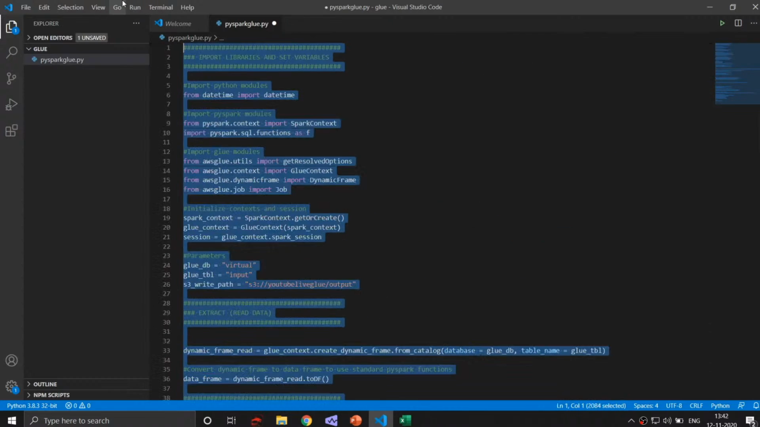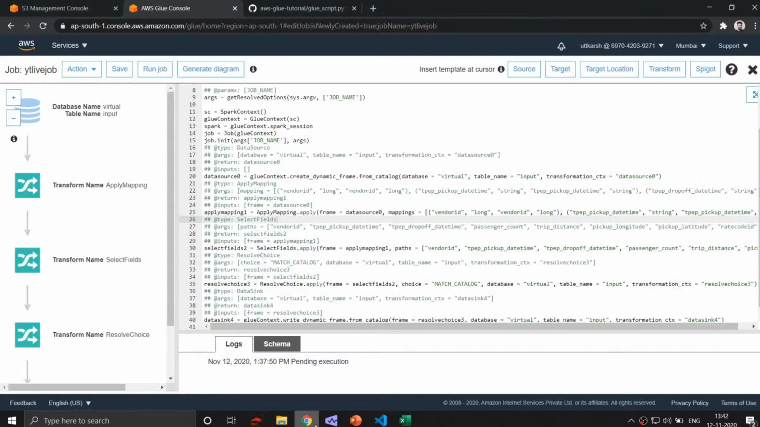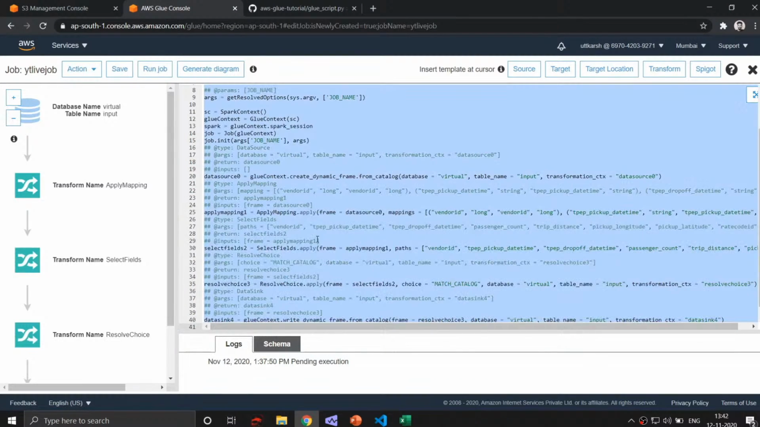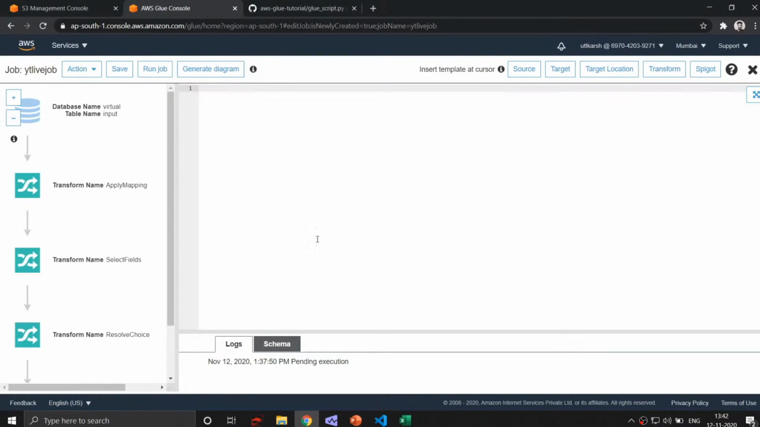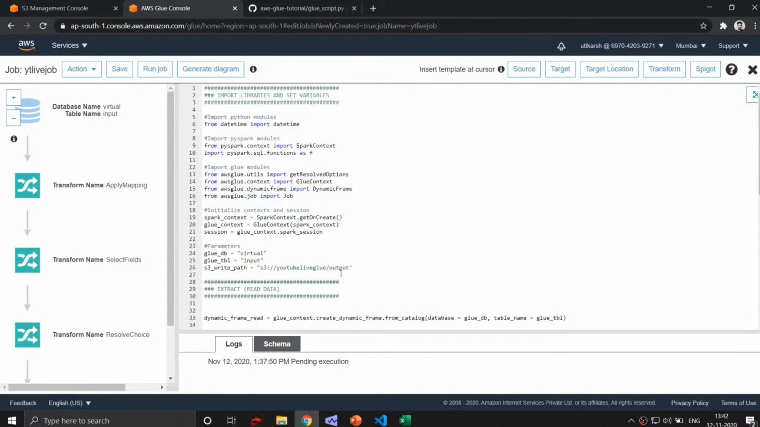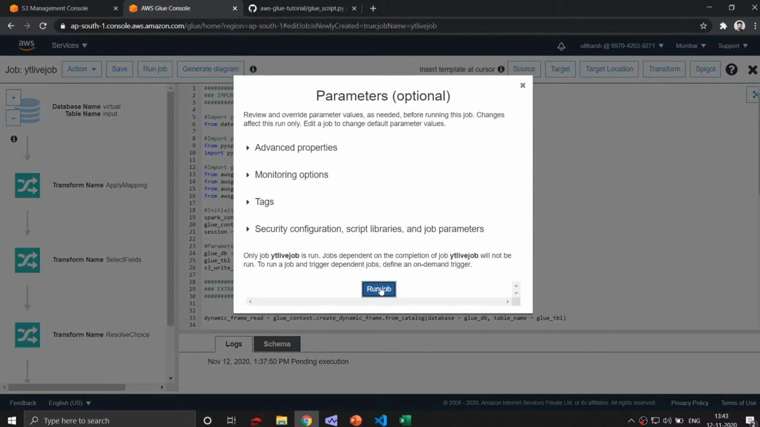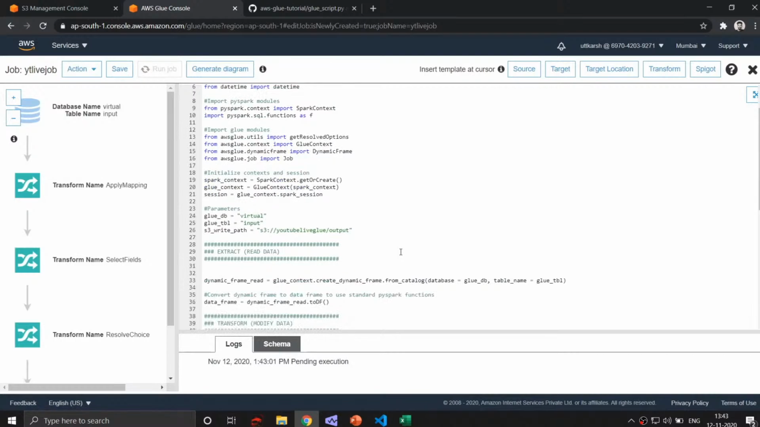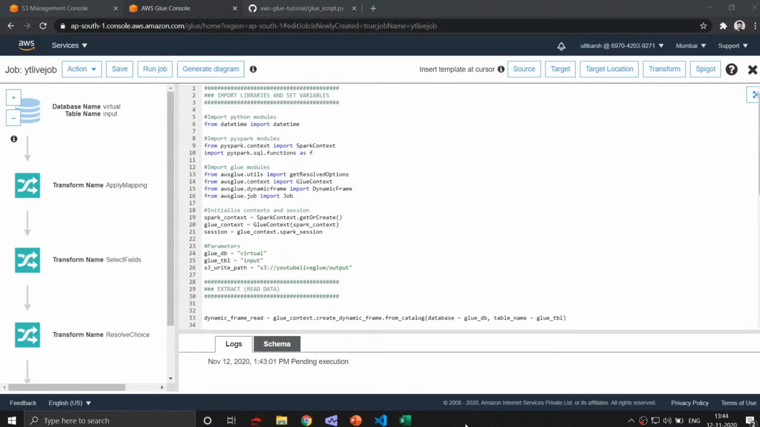So I'll copy all of this, right? And then I'll put it instead of this code. I'll select this and remove that and put this code instead of that. And then I'll click on Run Job. So the job is running, as we can see, and it'll take some time. So when we see that the running job process has finished, then we can simply go back to our S3